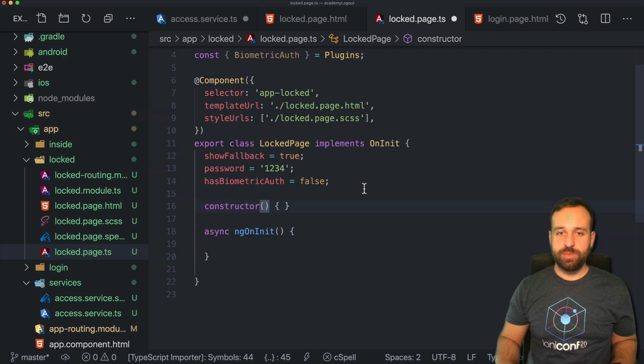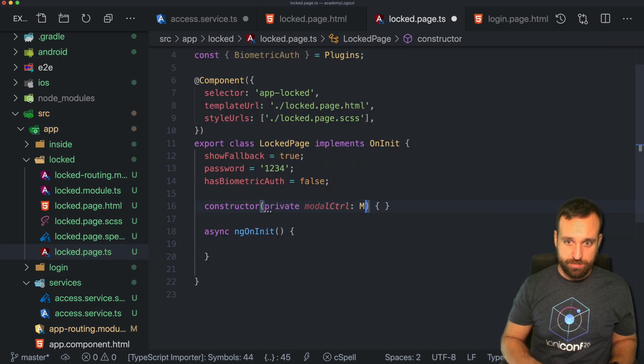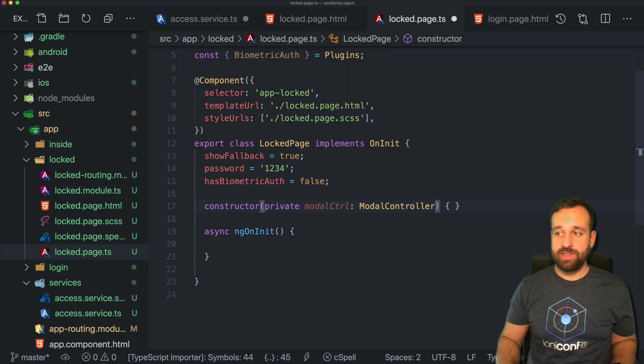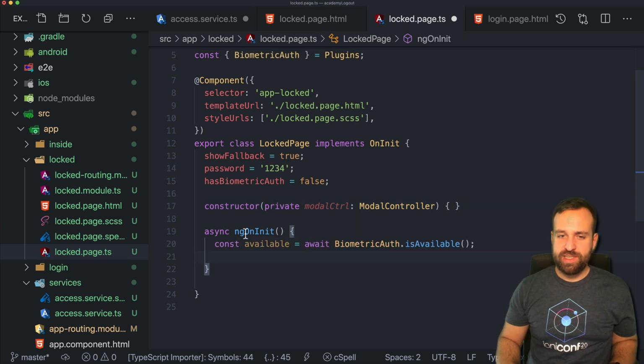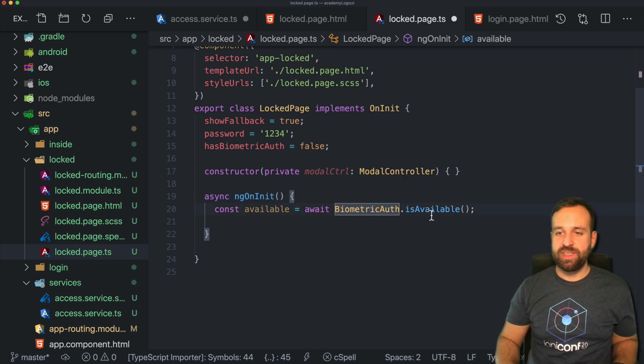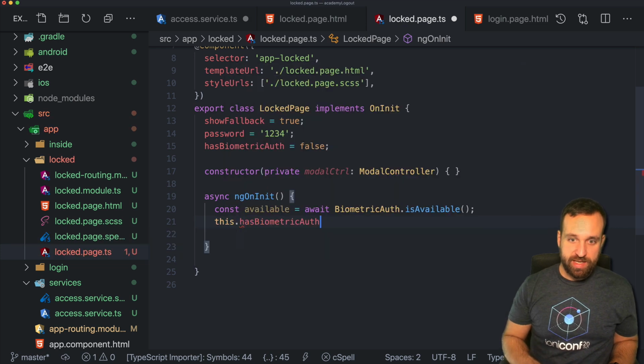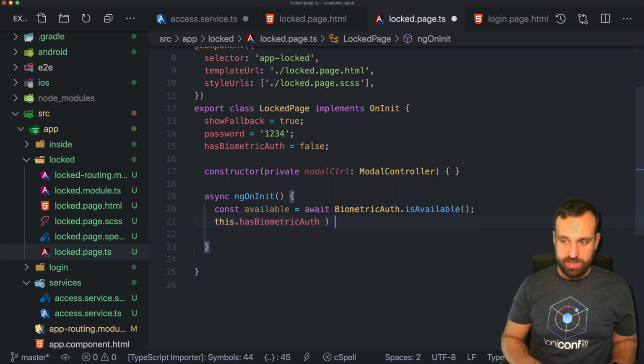Now, since the lock page is basically a modal page, I will also inject the modal controller since we need to manually dismiss it later on. And now we're gonna get started right inside the ngOnInit when the page comes up and check if the biometric auth is actually available. We will keep track of this as biometricAuthAvailable equals